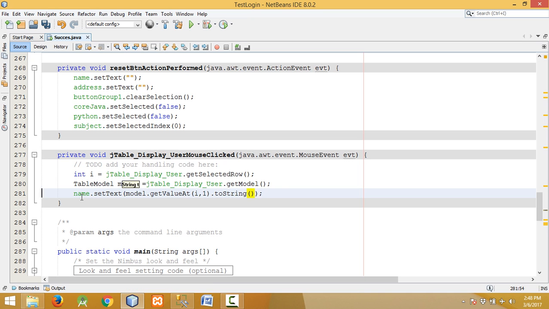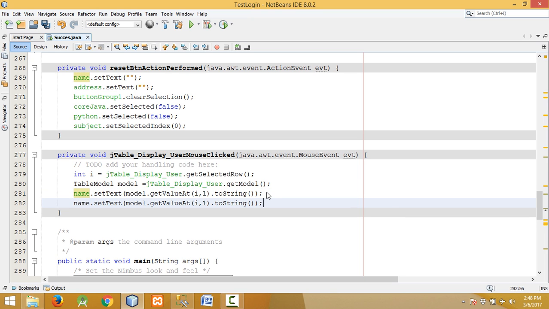So let me copy this. This is for name, this is for address, and it will be 2 for index.